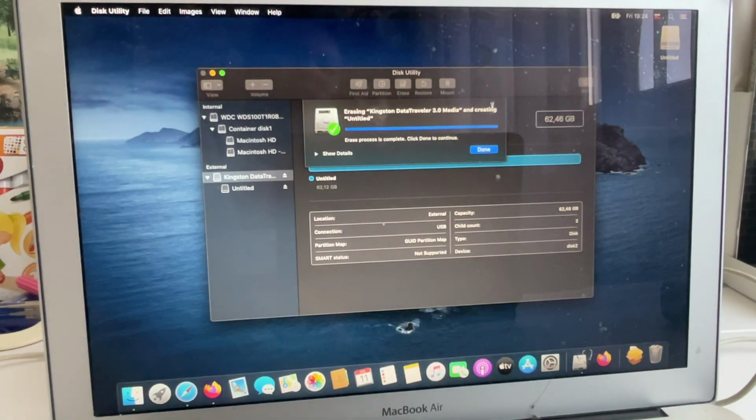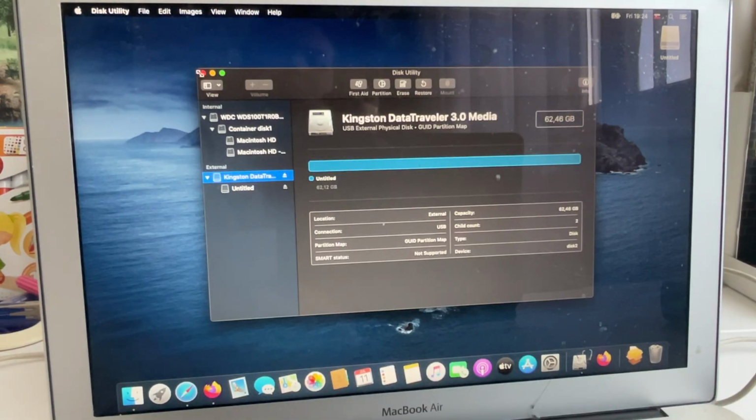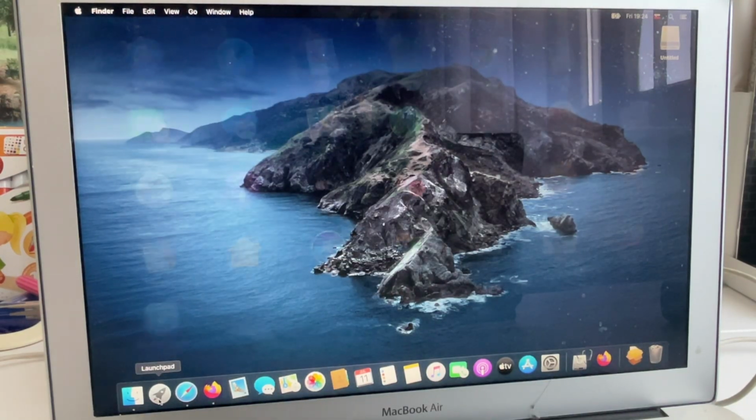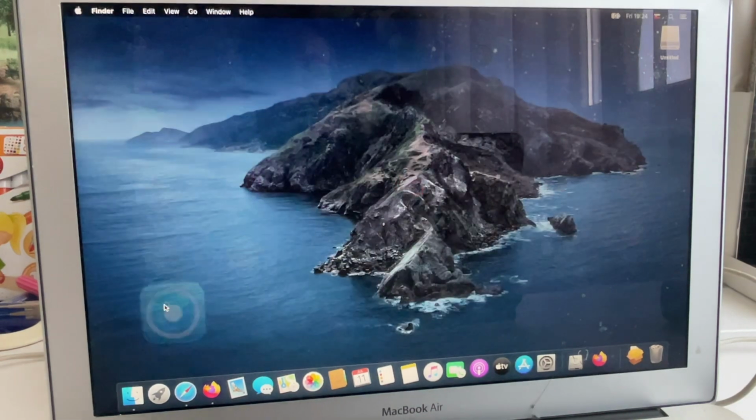Okay, once the flash drive is ready, you can close this utility, go to your Launchpad, launch OpenCore Legacy Patcher,